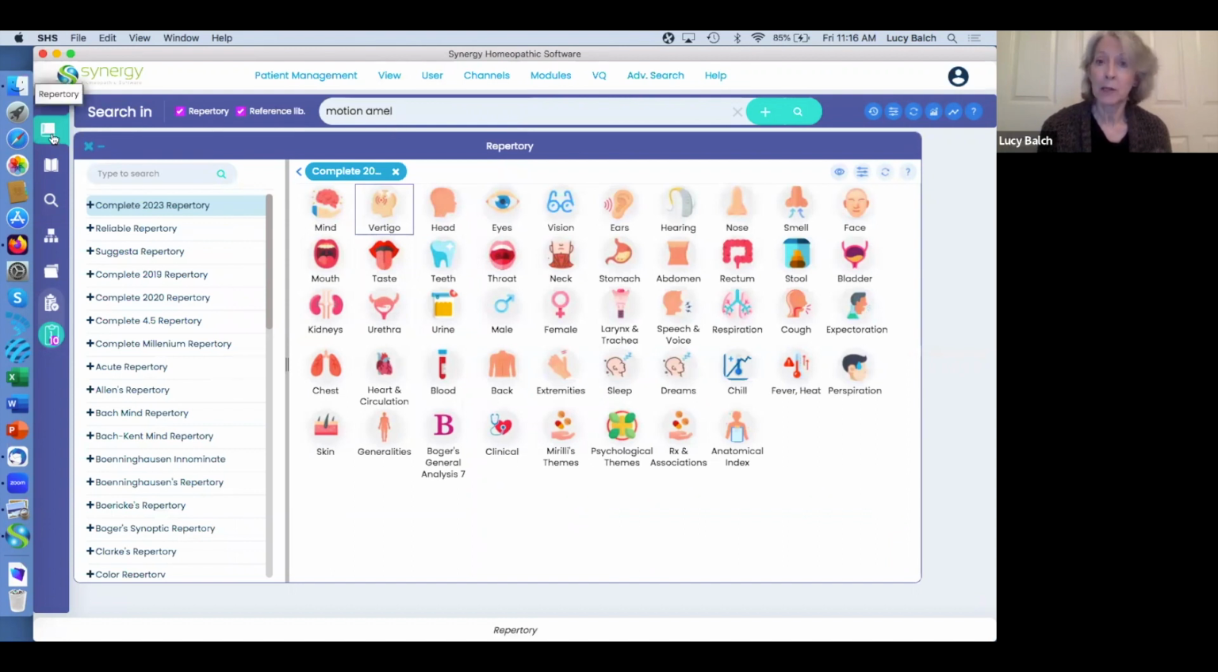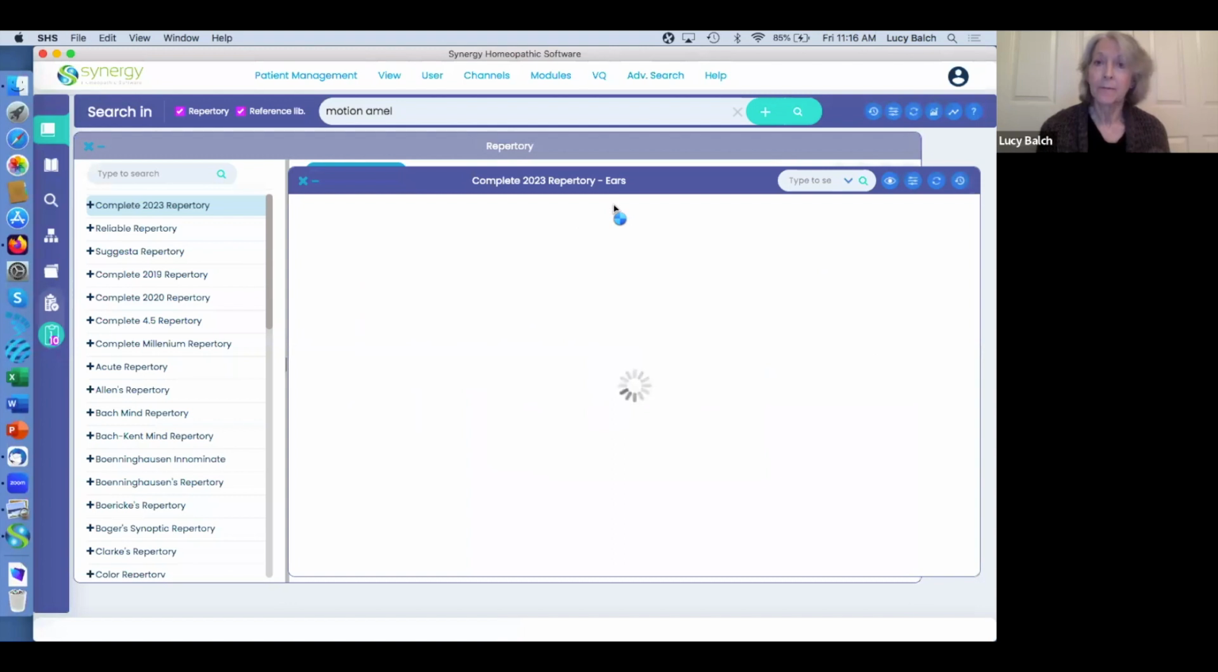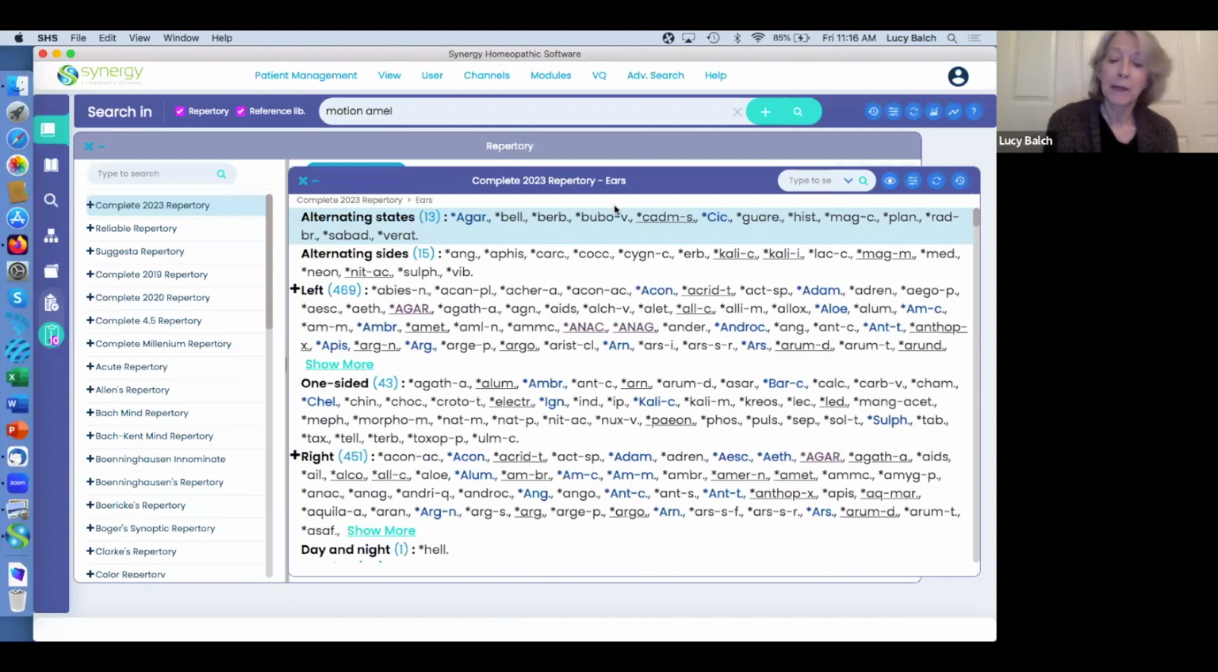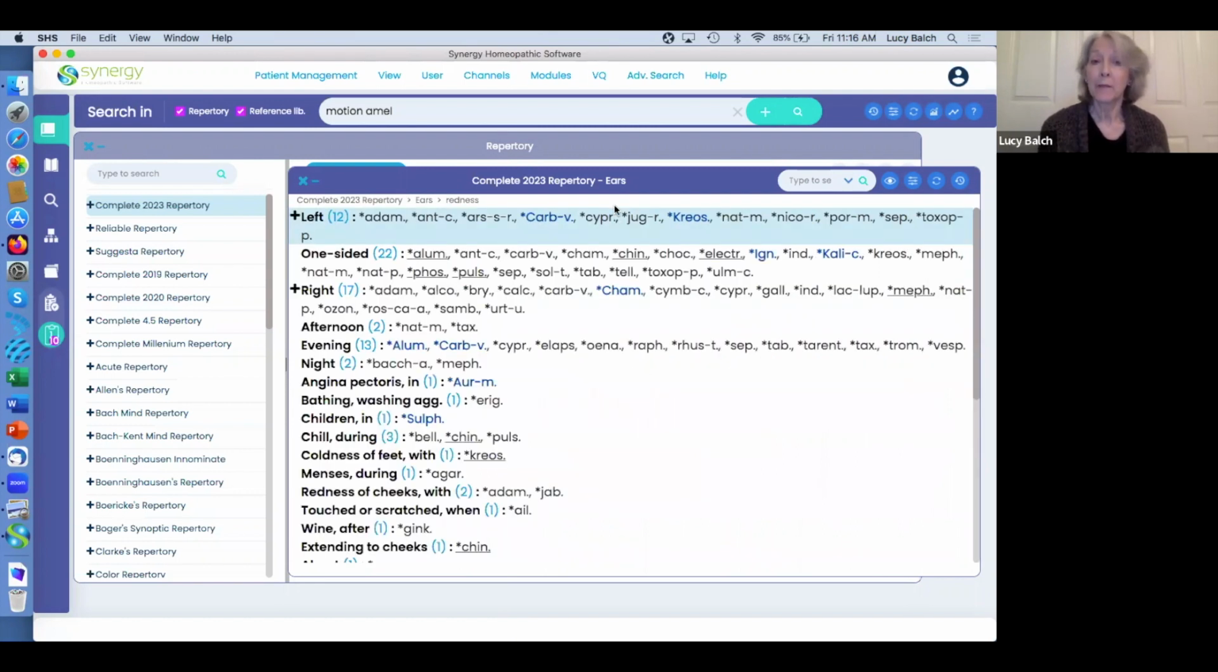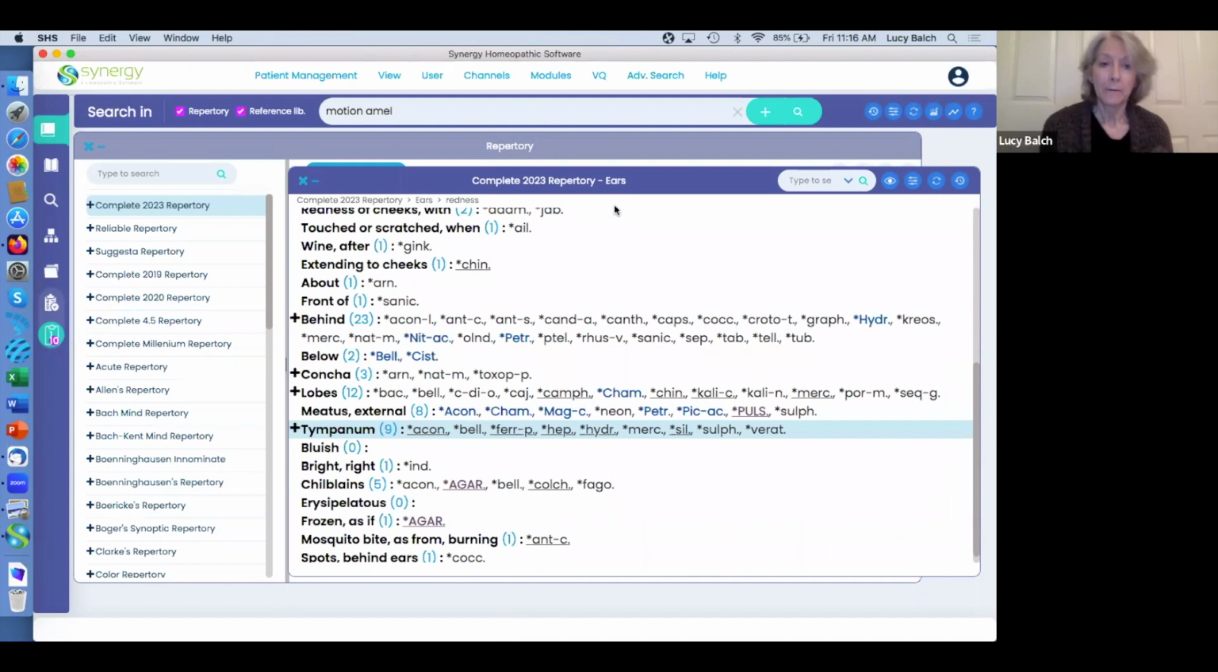So we'll come up here. Now I'm in repertory module, and I'm going to ears, and I'm going to type on my keyboard, not in any of the type to search windows, but on my keyboard, RED, redness. And it was not just a generalized redness, it was the eardrum. And in homeopathic language, that's the tympanum, TY, and there it is. So I'm going to go ahead and put that in. And redness indicates